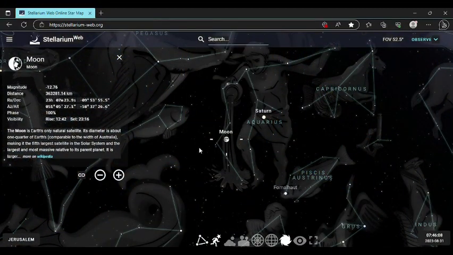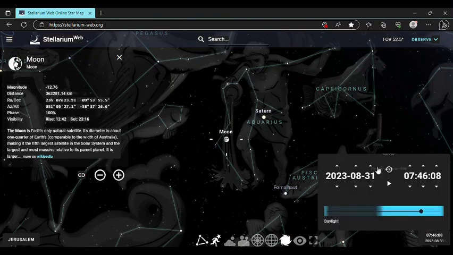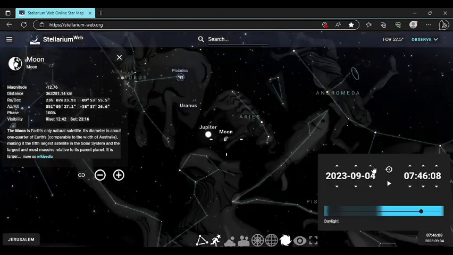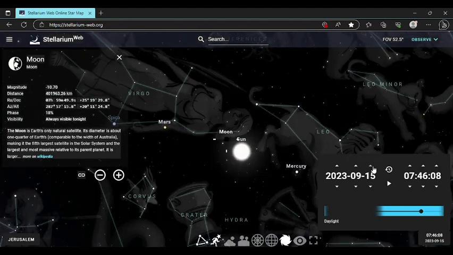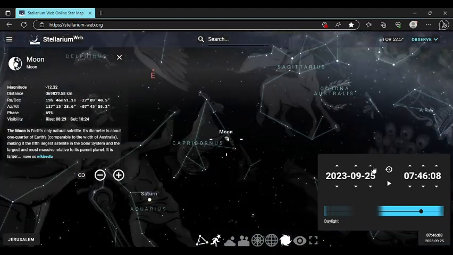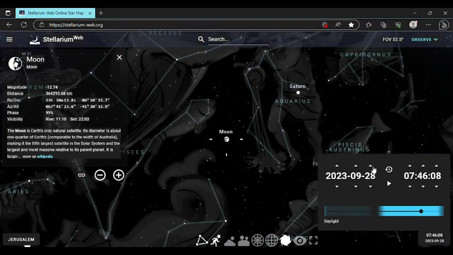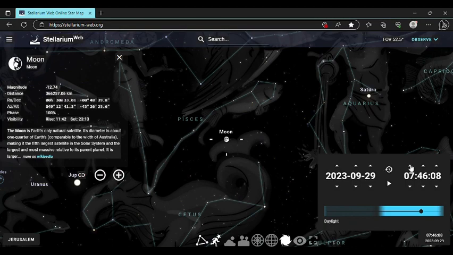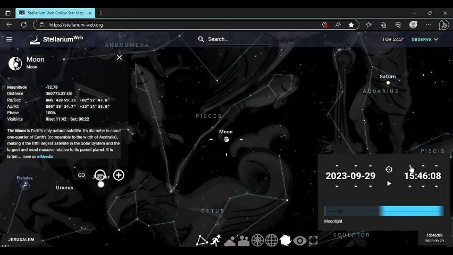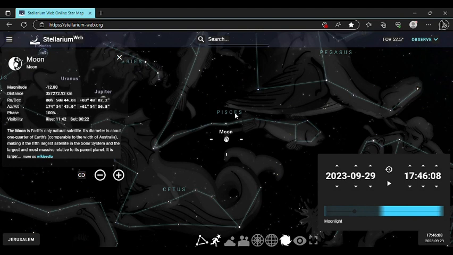So anyway, that is the second trumpet, and we'll go look at the third trumpet. Okay, we'll carry on here from the second trumpet, and we'll go forward till the next full moon, which brings us to right here, to the fishes.